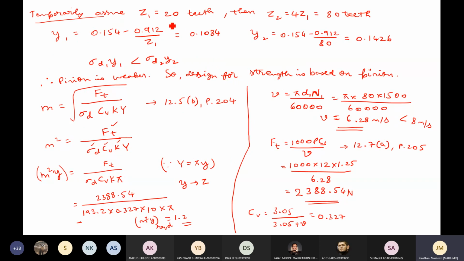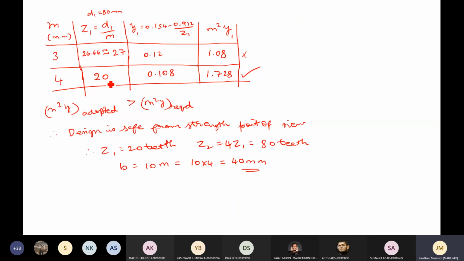We temporarily assumed that z1 is 20. Some students get confused: since it is assumed 20, they directly go ahead with 20 later on. Once you set it at 20, there is nothing to iterate. So don't make that mistake. In this problem, it coincidentally happened that whatever you assume, 20, the same output has come, saying that 20 also satisfies our given condition. It need not be true in all cases.